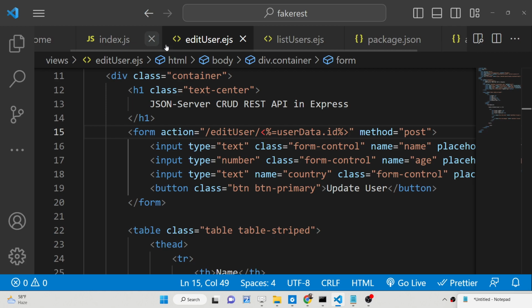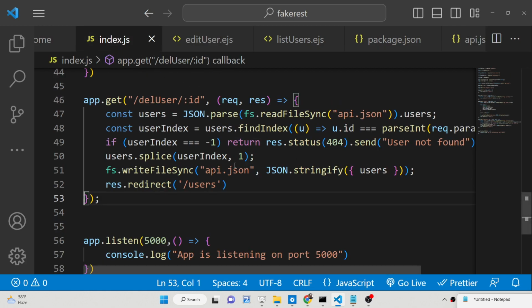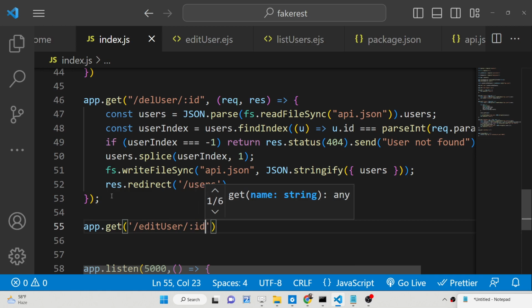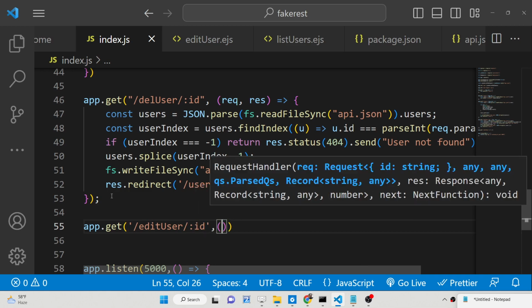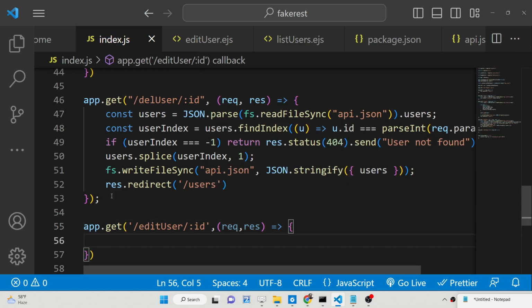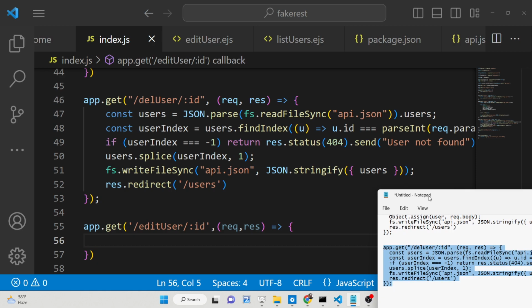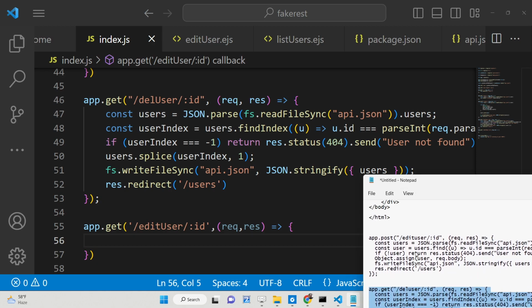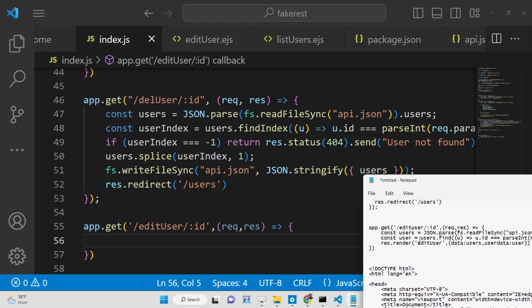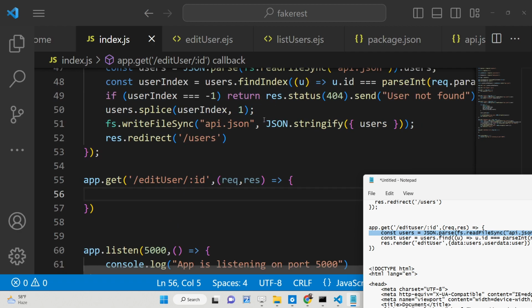So here guys, inside your index.js, we need to make a simple get request. So app.get edit user, and we will get the id as dynamic. So here we will simply load basically a template file guys. So first of all, we need to get the data for this. For getting the data of that user, we will again copy the same code. We will first of all get all the data here,